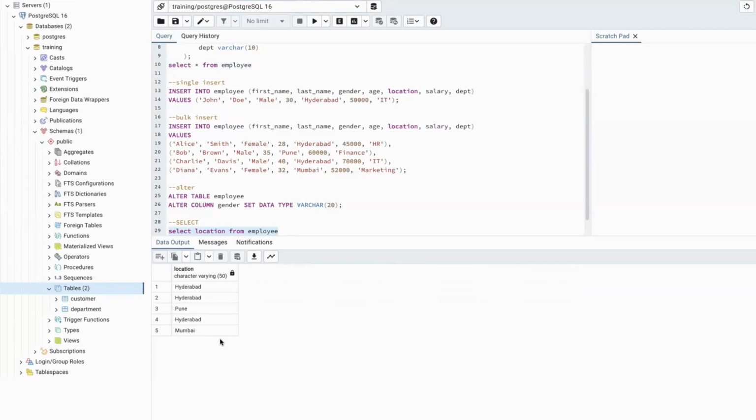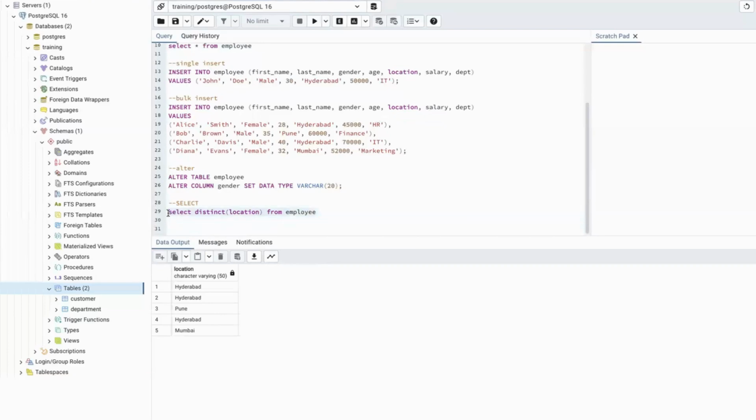So to avoid the repetitive results and to get the unique locations, I am using the distinct clause. If I run this query with the distinct clause, it retrieves the unique locations. Like that, if I run the same thing,